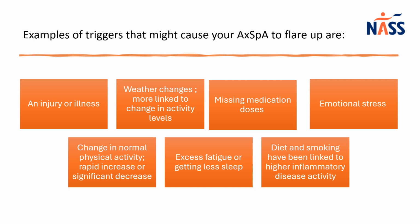So alongside change in activity levels, some patients might find they have a flare of symptoms with a rapid increase in activity. So have you had a new change in job, a new family member such as a baby or a pet at home that you're having to do more lifting that is increasing your daily activity? Is this something that we may need to review? Or a significant decrease? Have you had a period of time off work? Have you been on holiday with lots of rest and relaxation, which may contribute to more stiffness? Everybody is different here, and it's very important that we look at your current activity levels and map these different